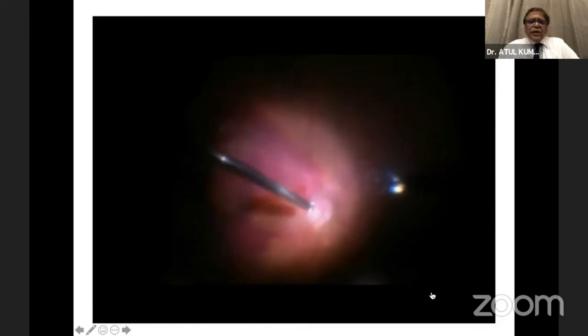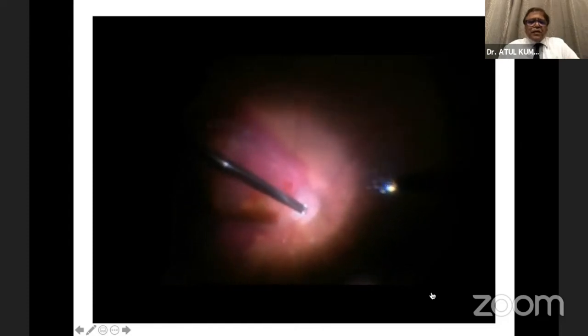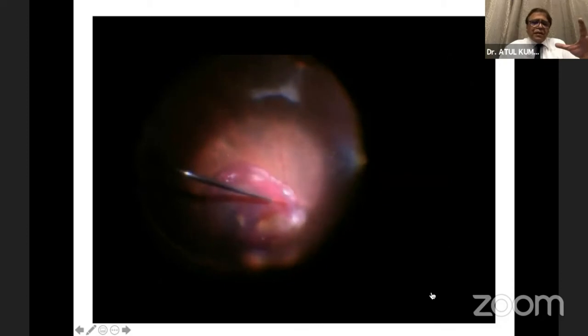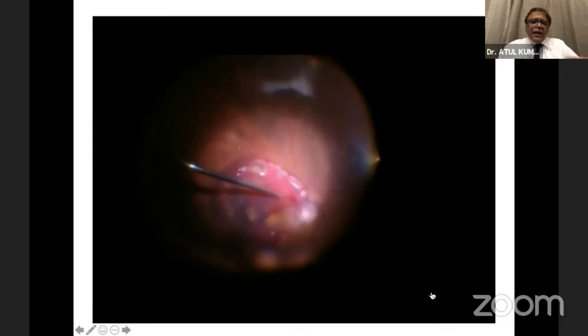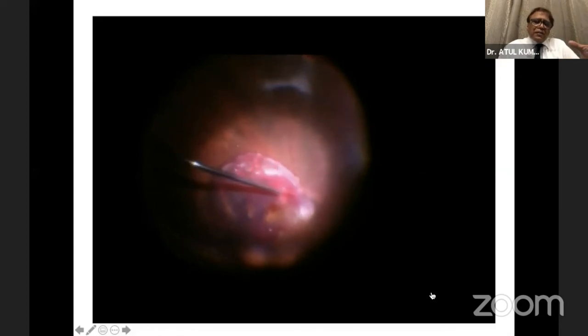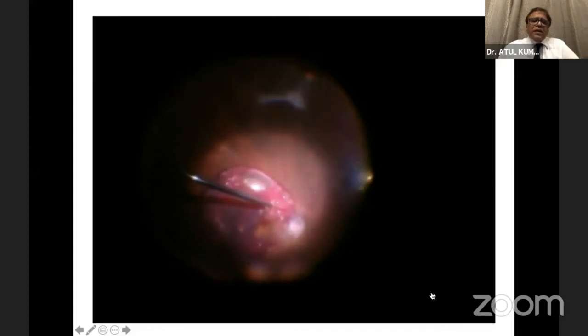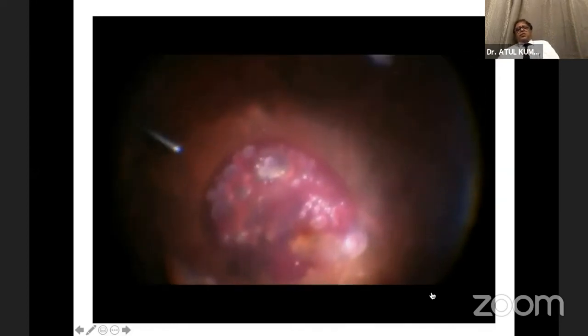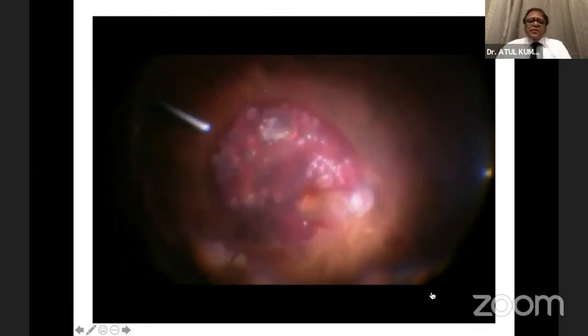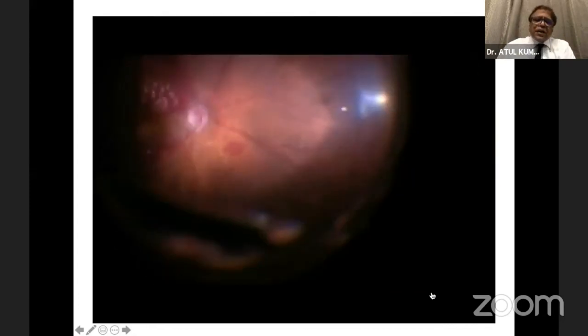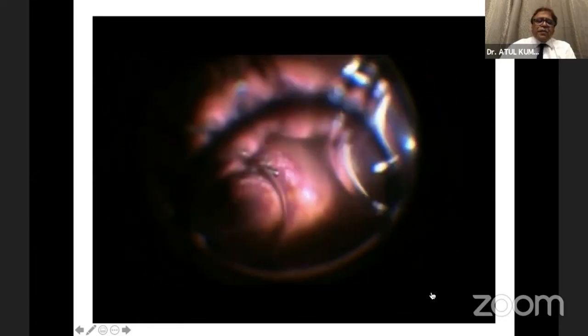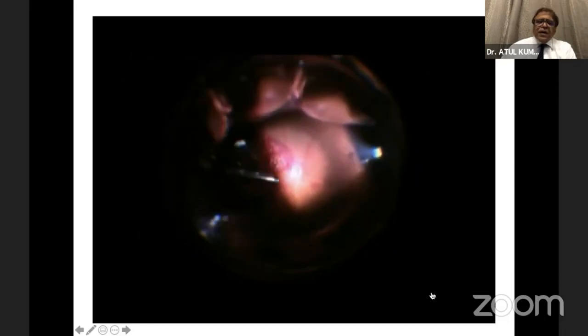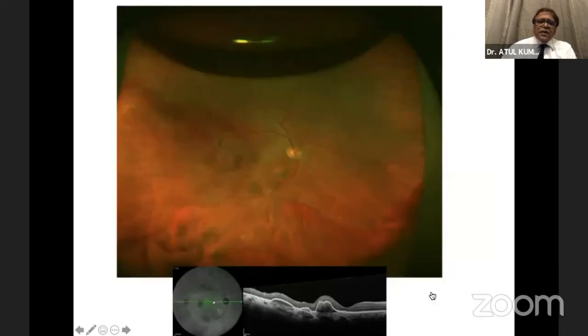So we just go in, and supratemporally we put in the entire cocktail, and the air is in the end, so that may not come out. It may come out, but the air coalesces together in the end, and so you get a blister-like formation like this once the whole cocktail is inside, and that's the end of surgery. You just put in some air. I put a little gas, SF6, and prop up the patient. And usually results are very exciting.